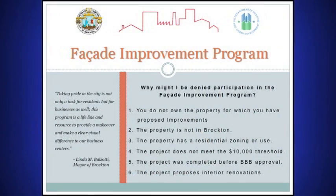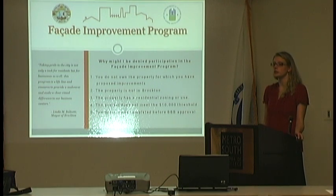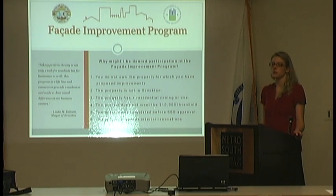Your project, if it doesn't have a minimum cost of $10,000, it might be denied. Depending on the project, some exceptions may be made, but that's on a case-by-case basis made by the review committee. If your project is completed or any work was done before your project was approved, it will not be accepted. And if the project proposes interior renovations, again, we're looking at the facades of the buildings. You're not going to notice an interior renovation so much as you are a new sign or a new paint job. So if you're approved, you're notified by Building a Better Brockton,